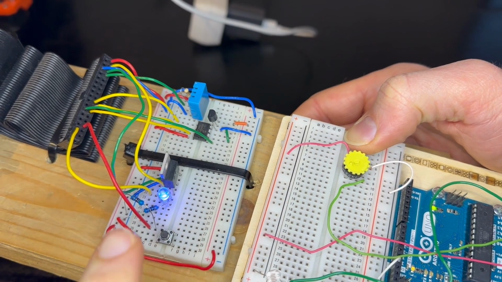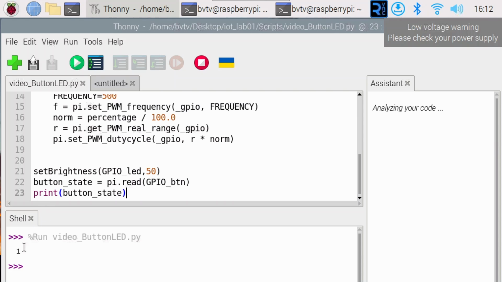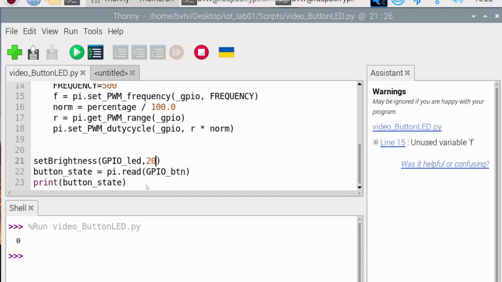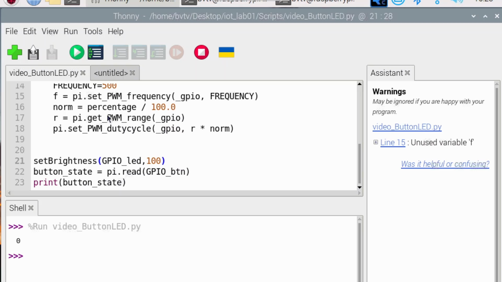If I hold down the button while I run the script, you see that the print statement prints out a 1. If I now change the brightness of the LED from 20 to 100, we see that the brightness increases as expected. That's all the electronics connected directly to the Raspberry Pi, but we also have some data coming in